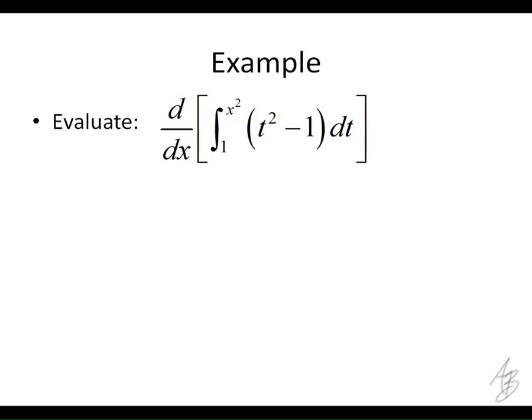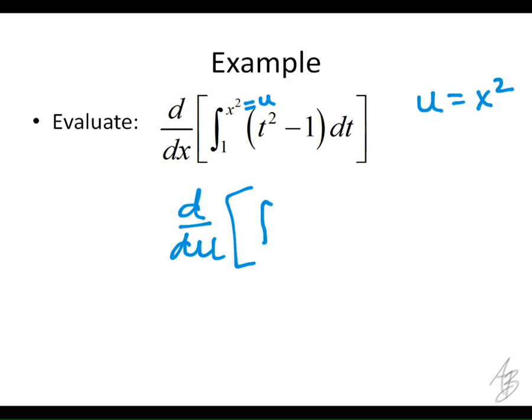And one way to think about it is if we say that x squared is equal to u, so let me do this off to the side here, then we have u equals x squared. The derivative with respect to u of the integral from 1 to u of t squared minus 1 dt